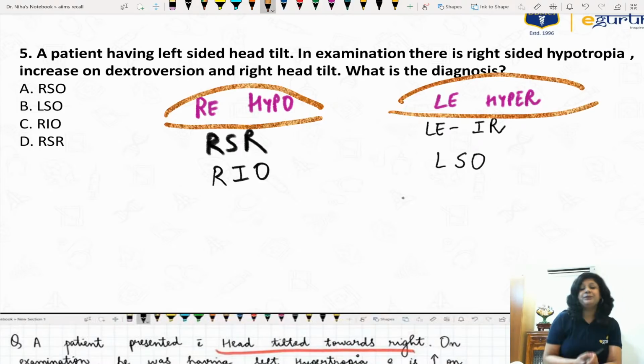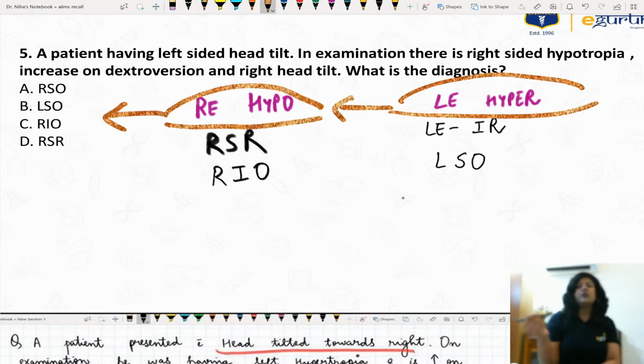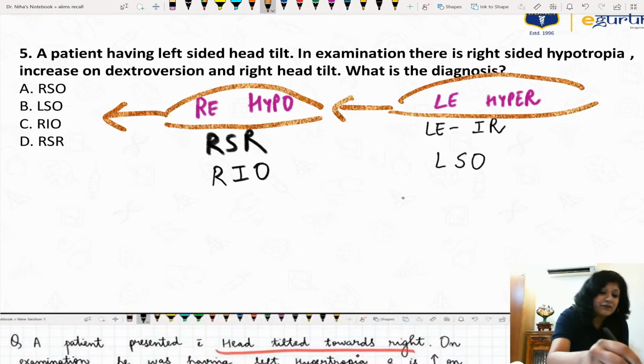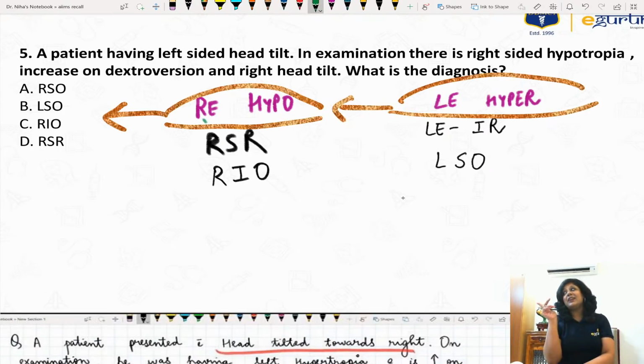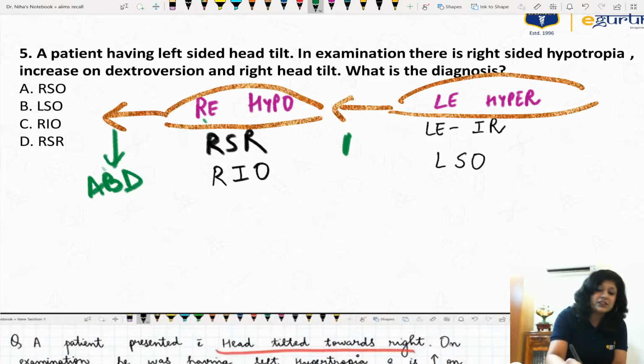Make the eyes, and they are saying that it is increasing in the dextroversion. So patient is seeing like this. Okay, now see which eye is going in abduction and which eye is going in adduction. See this, right eye seeing rightward, so obviously same side eye will go out. So this will be going in abduction, and the left eye is going towards in, so this is going into